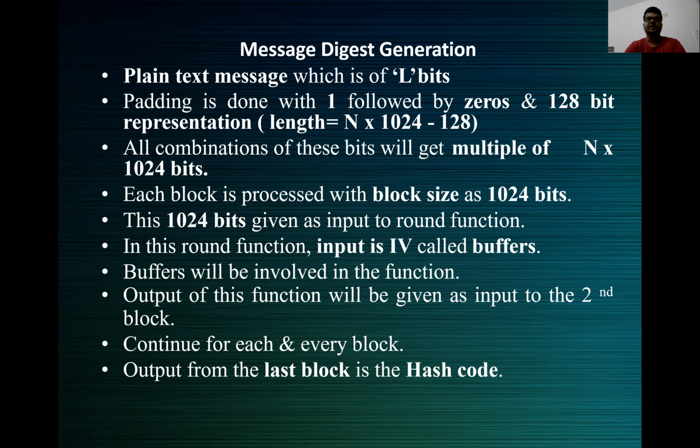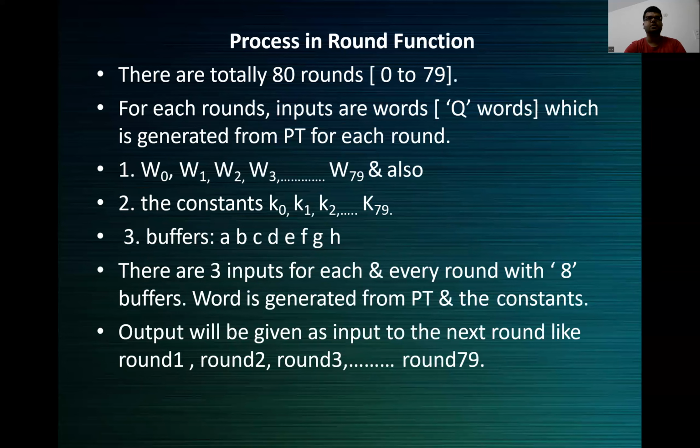In this round function, the input is 4 buffers. Buffers will be involved in the function, and the output of this function will be given as the input to the second block. So we continue for each and every block, and the output of the last block is the hash code. So the processes in the round function will be, so there are actually 80 rounds, which I told before,